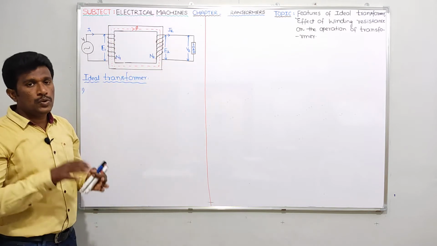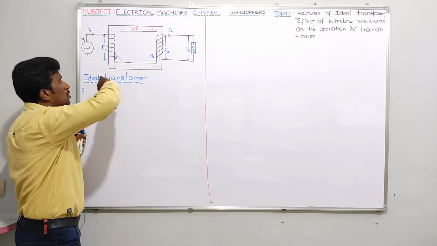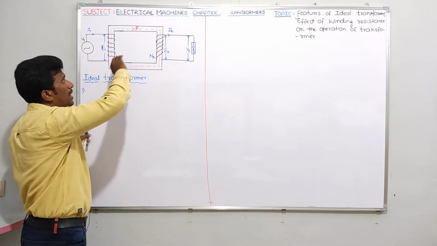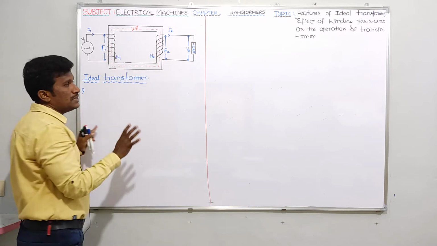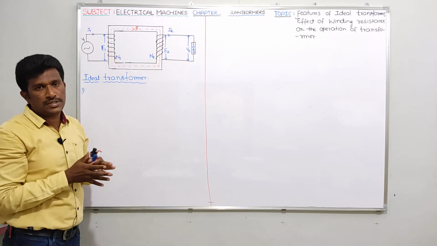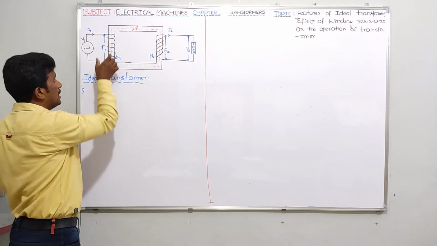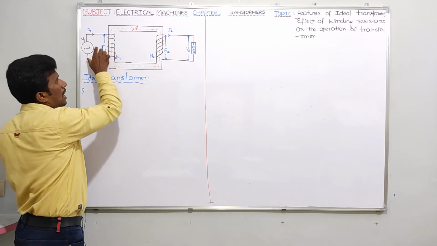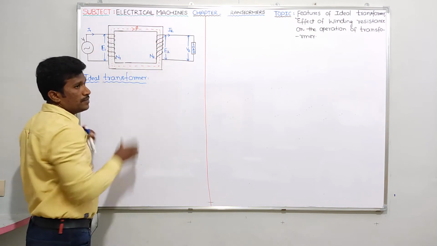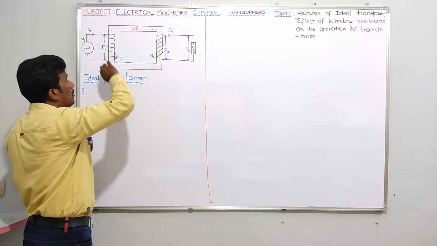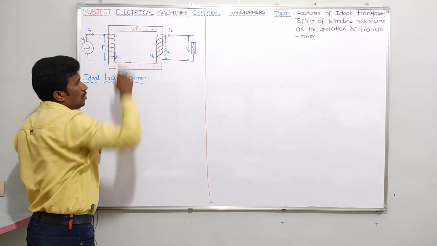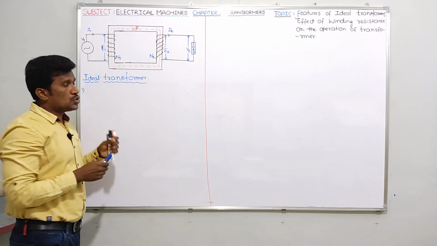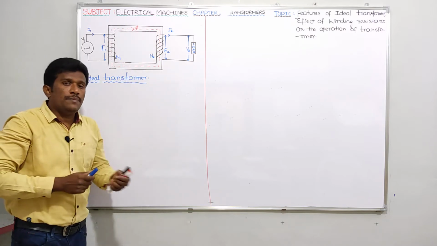That means, maximum flux has to pass from primary side to secondary side. That means there should not be any deviation in the flux. Example, let us assume that here 100% flux started here. 100% flux has to reach here, no? That means, suppose if you see the property of this transformer core, transformer core should be having high permeability.